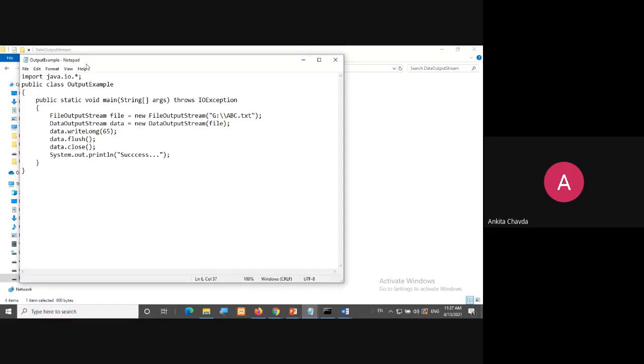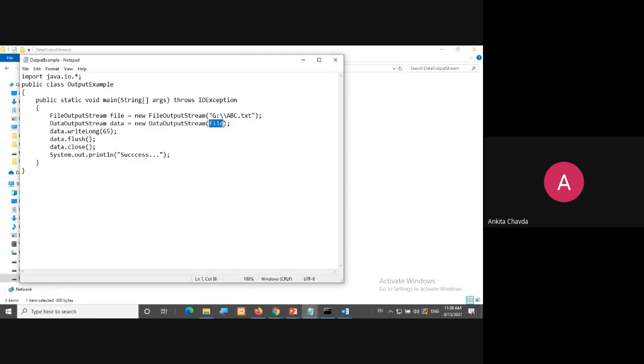Okay. So here I'm having one class. Inside that I have created one FileOutputStream object, file equals to new FileOutputStream, and I'm giving the path which is the abc.txt file. Now I have created one object of DataOutputStream, data equals to new DataOutputStream, and I'm passing this file object.